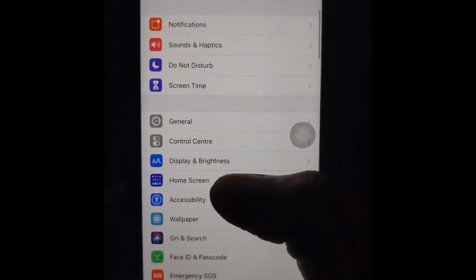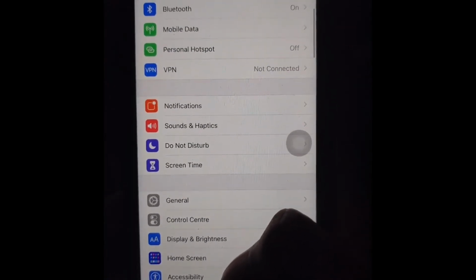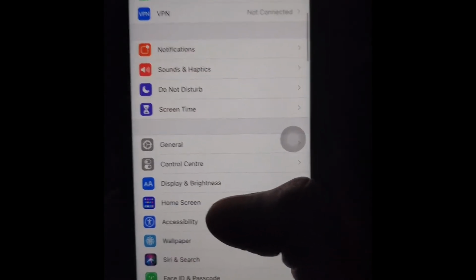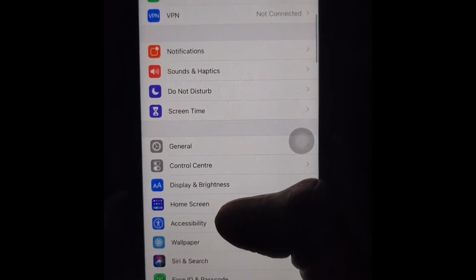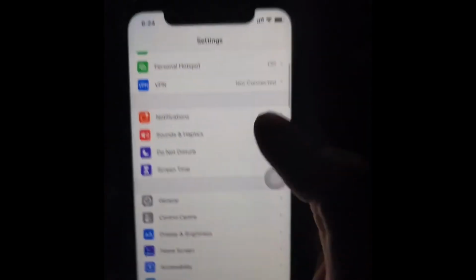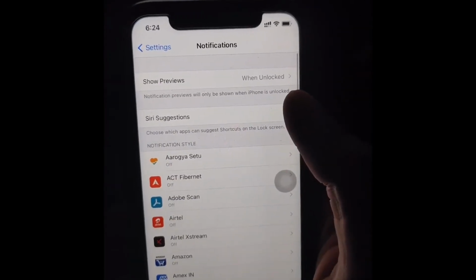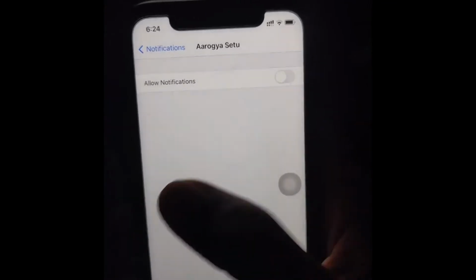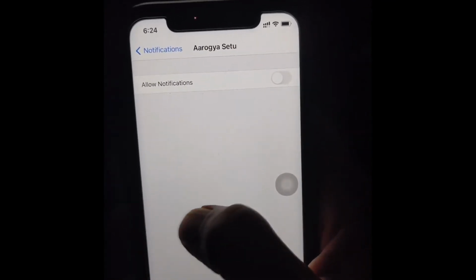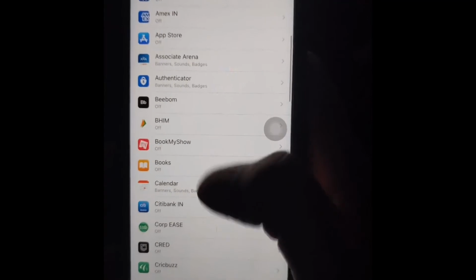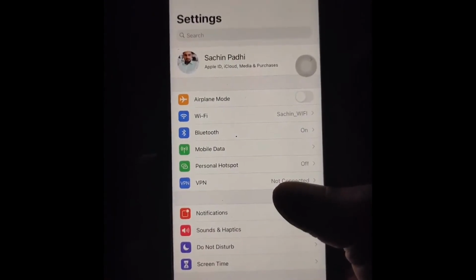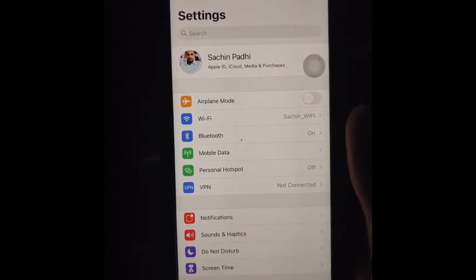Nowadays pretty much all the apps keep on sending notifications. In fact, some of them are really annoying, isn't it? But do you know, by disabling unnecessary notifications, you can extend the battery life of your iPhone. To do that, go to Settings, then click on Notifications. Then turn off the notifications for those apps you don't need. Suppose this Arogya Setu app, I don't need notifications, so I have turned them off. In a similar way, you can turn off notifications for all the apps you don't need. This will save a lot of battery. Try it out. Our next tip is related to sound recognition, which comes with iOS 14.